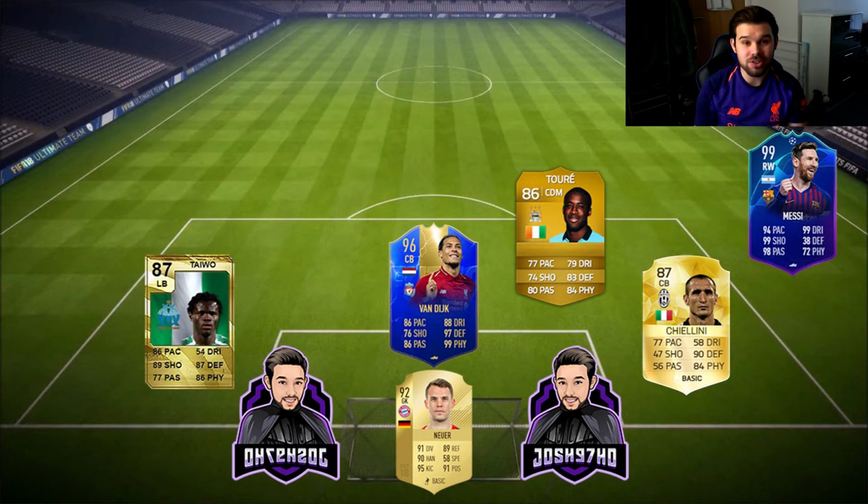Everyone had him because he was so insane on the game. He was just unstoppable. I know his card stats aren't the best, but he was just crazy in game. 83 defending, 84 physical, 80 passing. He was quite a real solid player and you could use him all year round, and I did. He scored me some fabulous goals. He was absolutely insane and I really enjoyed this card, and that's why he makes my ultimate team of the...